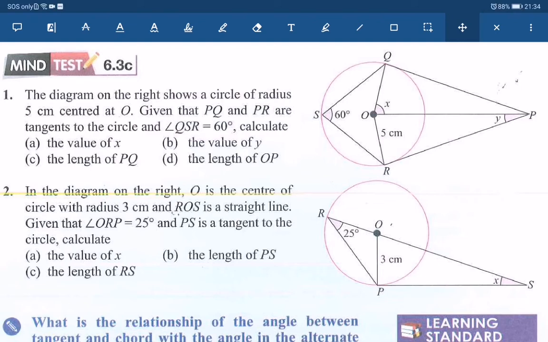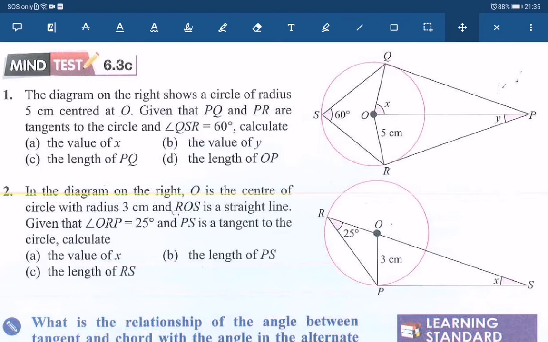Now let's do the mind test 6.3c under topic tangent to a circle. Let's see question number 1. This one, mind test 6.3c, is on the textbook page 155. Question number 1,